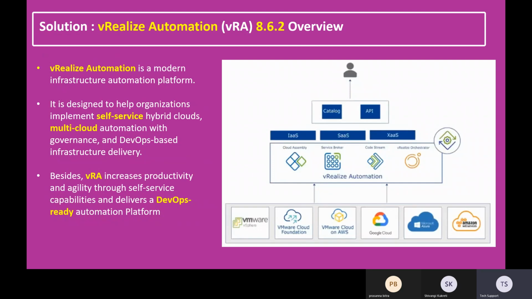See, the other point is here, vRealize Automation 8.6.2 overview. So this point we covered in our previous session. Let me quickly elaborate. vRealize Automation, as I mentioned, you can run directly on an infrastructure as a service platform, software as a service platform, or anything as a service platform. And these are all the main vRA components: Cloud Assembly, Service Broker, Code Stream, and vRO, vRealize Orchestrator. When you install vRA, these components will come automatically. Once you start learning each component in detail, that is the vRA concept. The main key concept for vRA is when you're familiar with all four components,